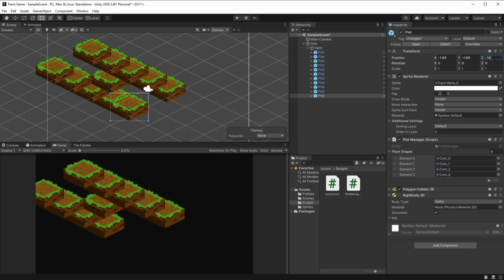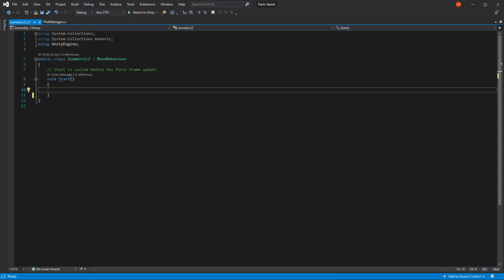this Z position. And the Z position is going to be given by the tile's Y position. This means how high it is on the Y-axis is going to be how far behind it is on the Z-axis. But it is to be noted that since the camera is positioned at -10, the further it is from -10, the further it is going to be from the camera. So in order to do that, we're just going to need, at the start, to change the position of the tile. So